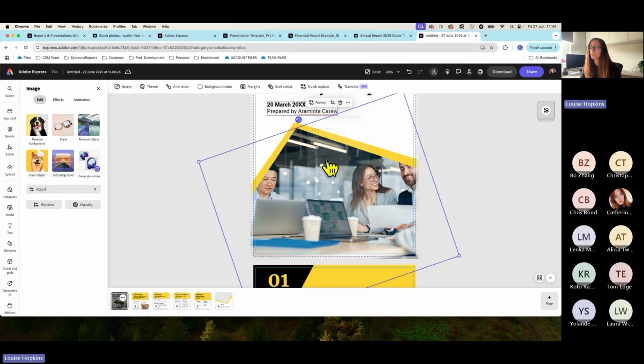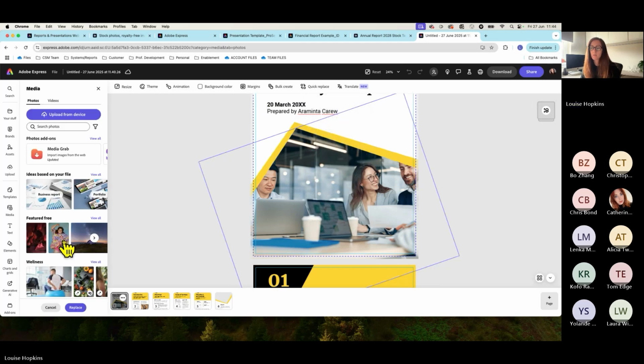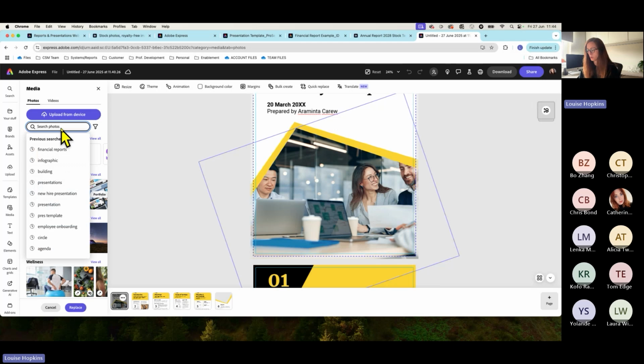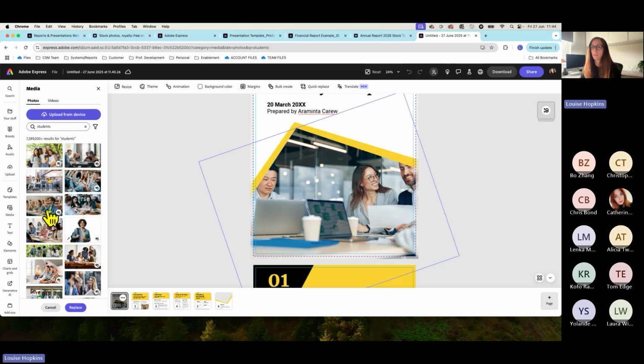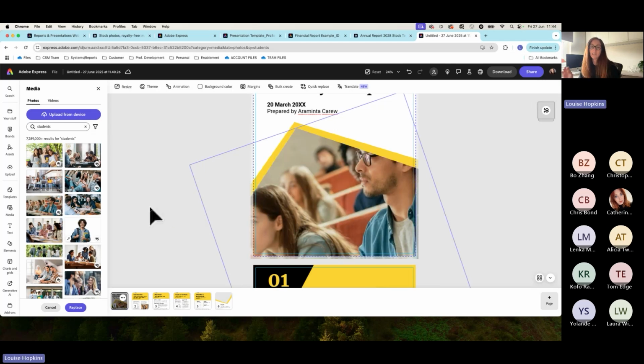Or we can upload a photo. I'm just going to do this now, and I'm just going to search for photos. Let's do students. I'm just going to maybe select that one. And you'll see what it's done is it's taken the photo and it's automatically scaled it and put it into